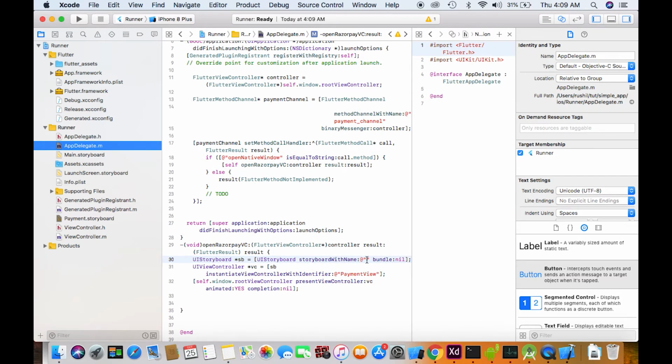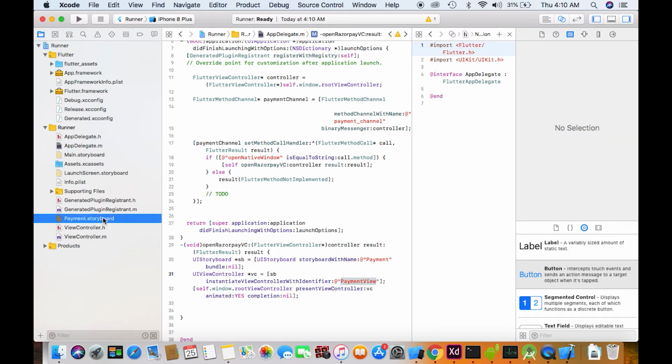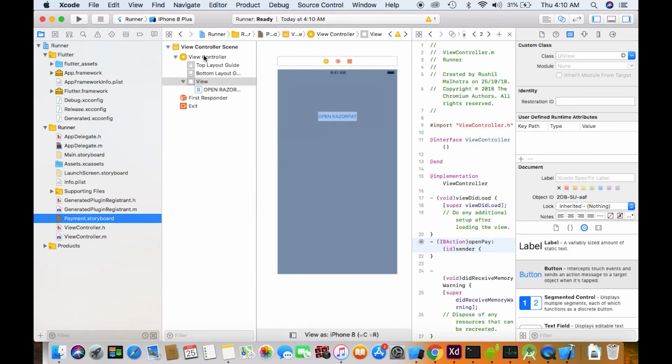Which view controller do you want to launch? So instantiate view controller with identifier. Here we will use the view controller. Which one is this? Okay, this is our storyboard ID. So we'll use that part.